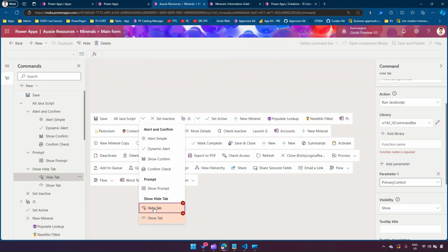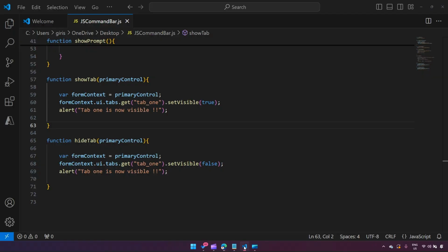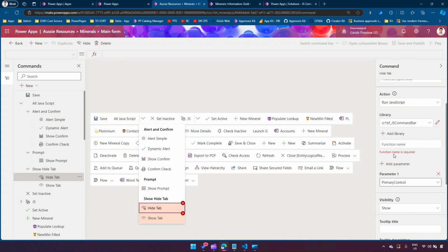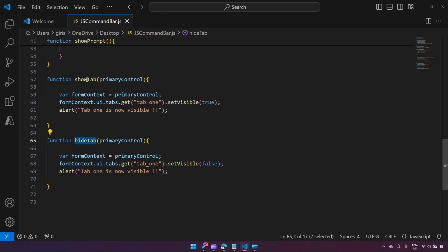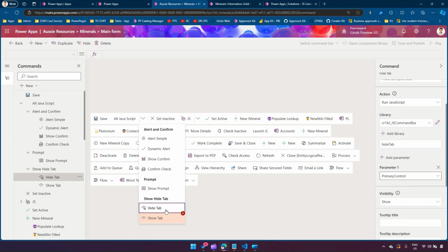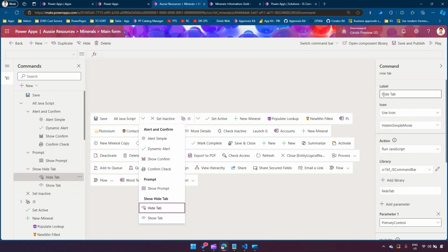Now, coming back to hide tab, the function name for hide tab is hide tab. And the function name for show tab is show tab. So I'll click on show tab, click here, function name show tab. Again, just a quick check: we are taking this label name as hide tab, running the JavaScript, pointing to the JS command bar JavaScript, putting a function name and then passing a primary control. Similarly for show tab, primary control, and library JS command bar. Let's do a quick save and publish,